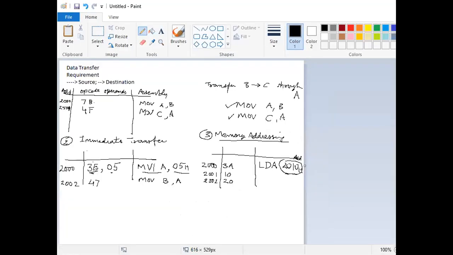We'll take one more example, and the next example is example 4 for indirect addressing. The example for indirect addressing is where the address of the memory is stored in some of the registers, supposing let's say the HL pair containing the 2 byte address.